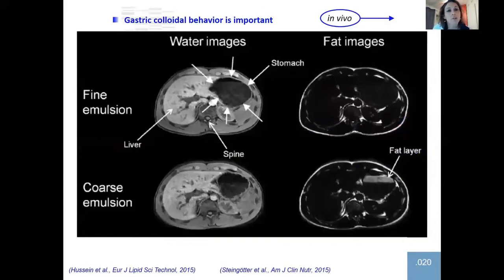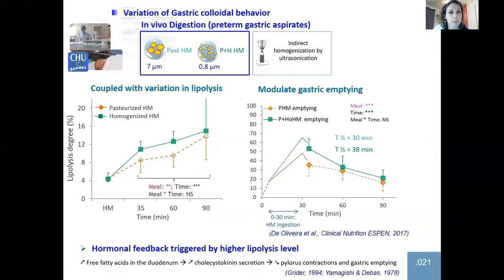Some magnetic resonance imaging data in vivo also report for fine emulsion a good stability in gastric phase, and for coarse emulsion a creaming and a destabilization with rapid emptying of the watery phase first and slow emptying of the fat layer afterwards. In vivo, in humans, still in the preterm, we could also experience modulation of gastric emptying and difference of lipolysis